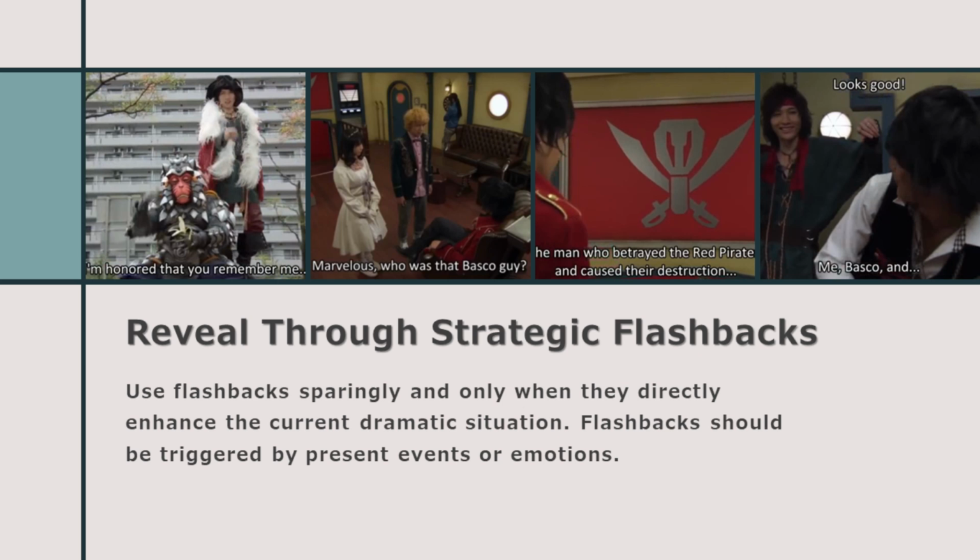I've been rewatching some Kaizoku Sentai Gokaiger lately with a friend, and when it comes to the backstory of the crew, information is revealed progressively. For instance, the full story of what happened to the Red Pirates isn't revealed until episode 15, when Captain Marvelous is forced to think about it again upon the return of the member who betrayed them, Basco. It could have been explained before. A brief flashback was shown once, and the existence of the Red Pirates is a known detail, but it wouldn't have been the most dramatic and relevant time to share the full story.